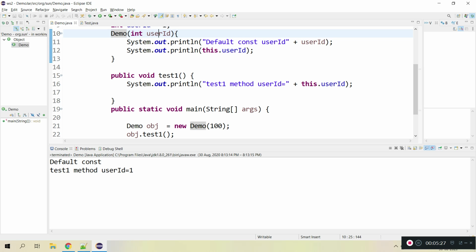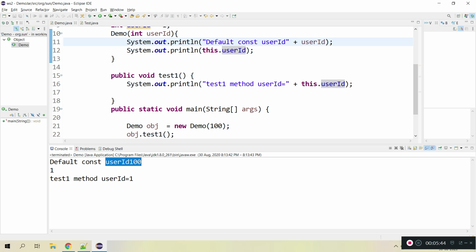Now this is pointing to the parameterized one, and here I am printing the local variable, and here I am printing the instance variable. Let's see. See, in this case it printed 100, that is the local variable, and here it printed 1, that is the instance variable.